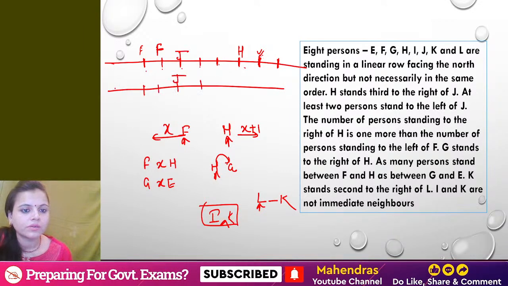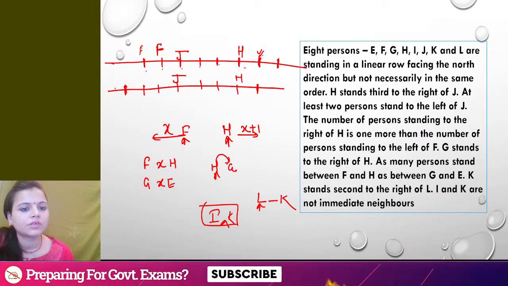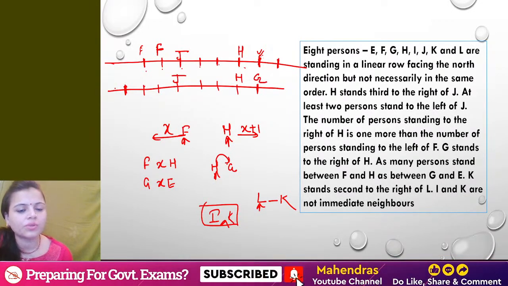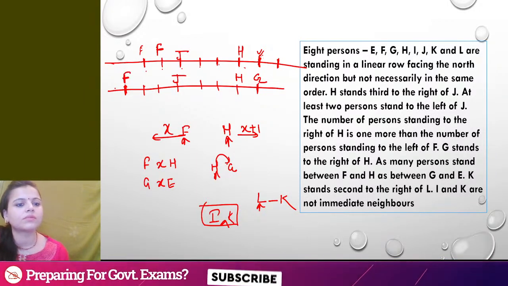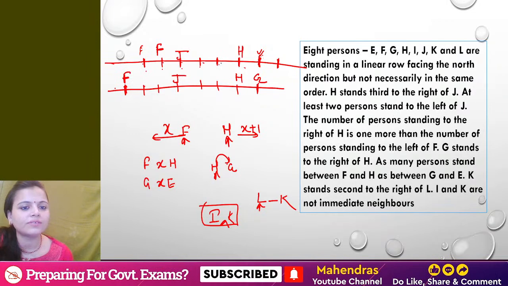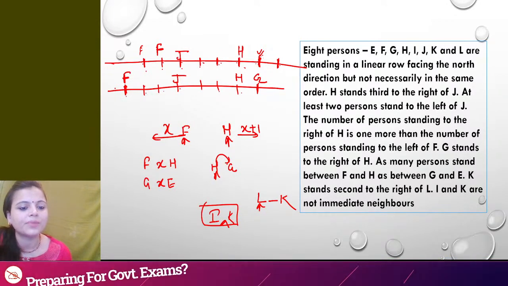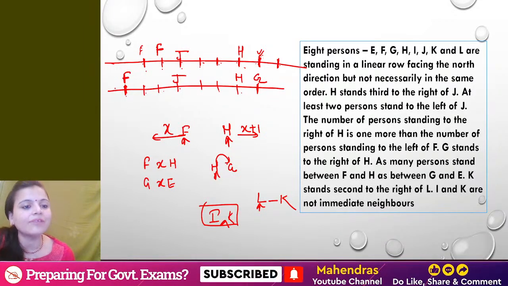J, H. If you put 1 place on the right of H, then 1 place on the left. If you put G in this place, so on the right of H there is 1 place. That means F. Okay. 3, 4, 5, 6, 7, 8. This 1, 2, 3, 4, 5, 6, 7, 8. Next, what they're saying, K is second left of L. And one more